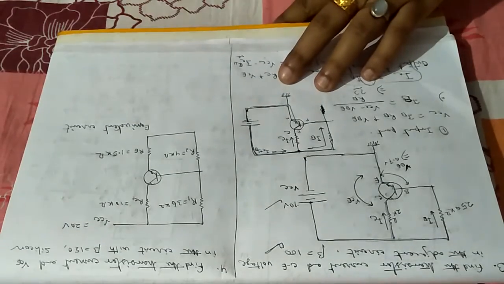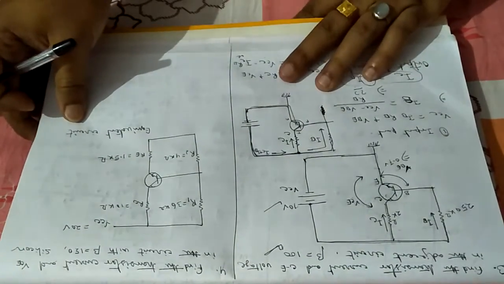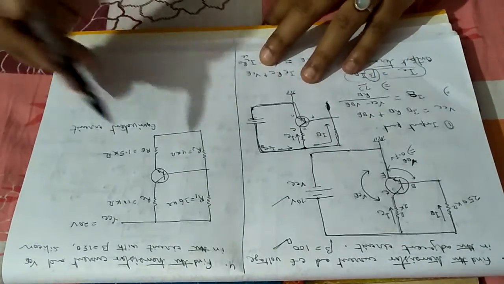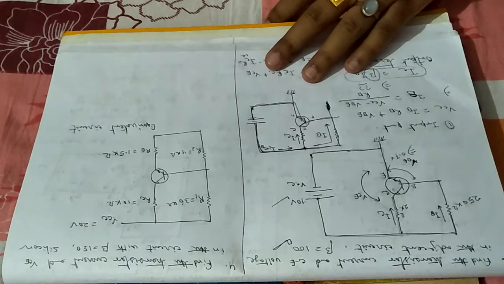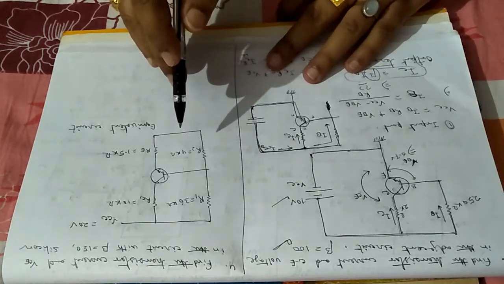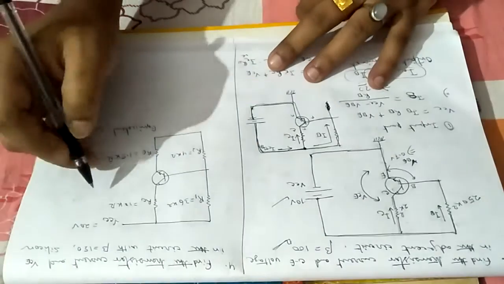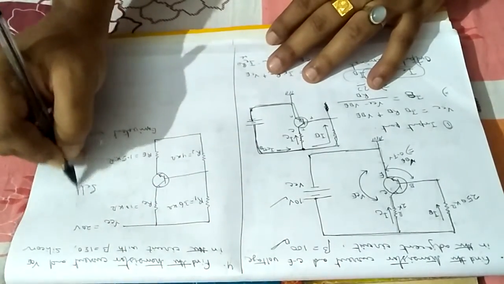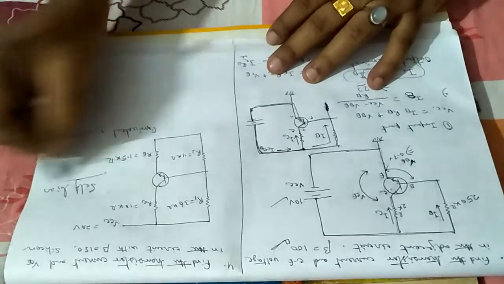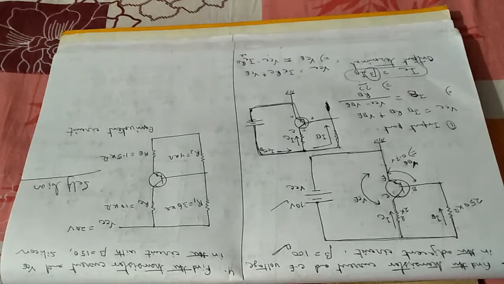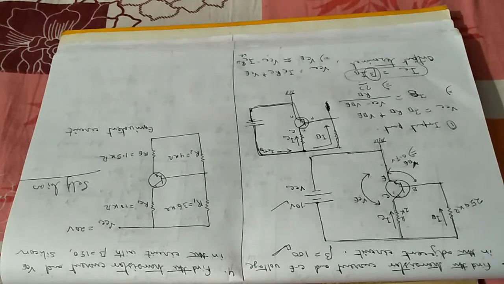Now let us move forward. Let us see another circuit which is a little bit more complicated than the previous cases. What type of circuit is this? Can you identify this circuit? As I told, this is also one type of transistor biasing. This biasing is done in self-bias mode. If you have gone through the previous video and have tried to understand it on your own, this will be much easier for you, otherwise not.